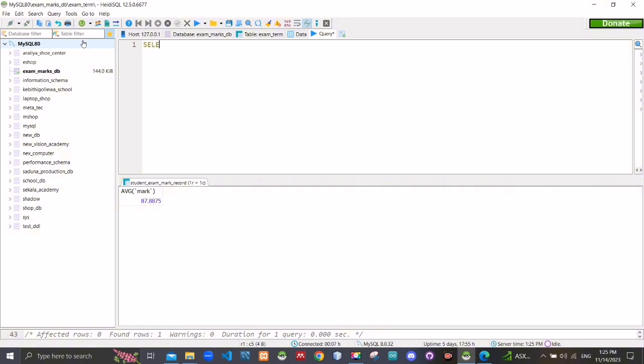Now we can select the mark, which should be average, so I'm using the AVG keyword from student exam mark record,